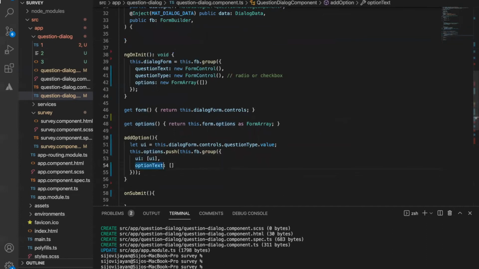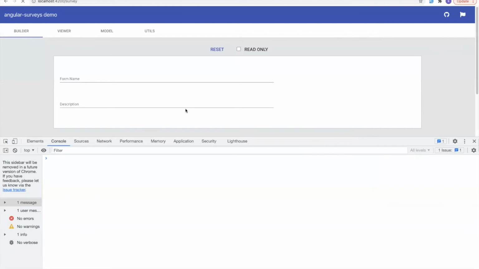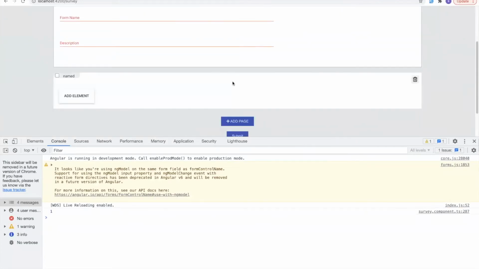Initially I would like to put the option text only. Later let's put some other text as well. So option text. Maybe, yeah, I think this is enough. Let's run the program.